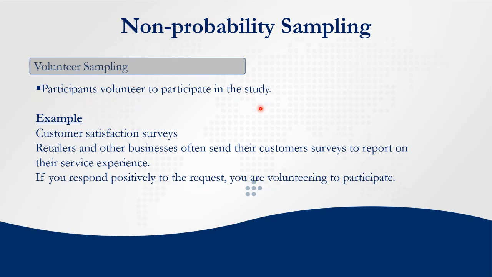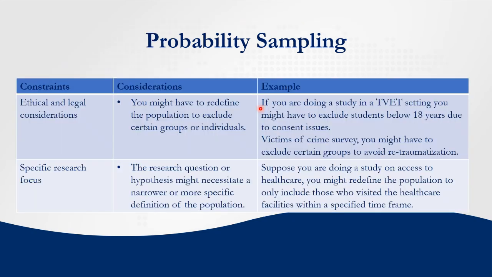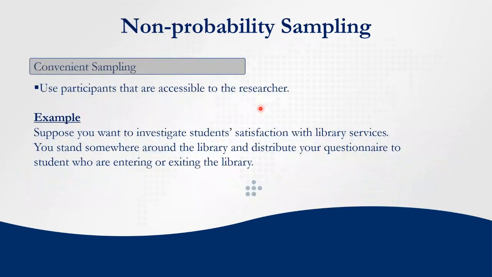That's what you are seeing in the results. But sometimes you are seeing the students are happy because those who responded are the ones who are happy with the service, or are the ones who are not so happy with the service. Yeah. And then if I go to convenient, if I use the example of the students,